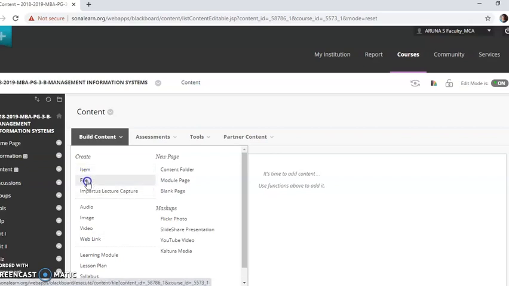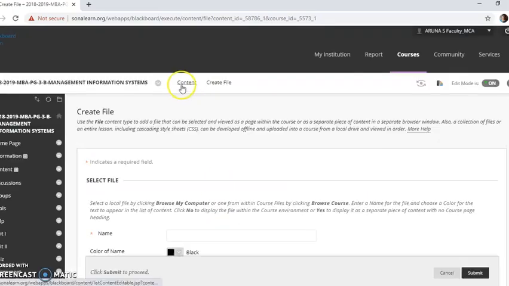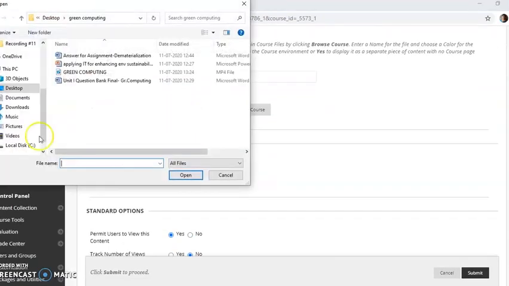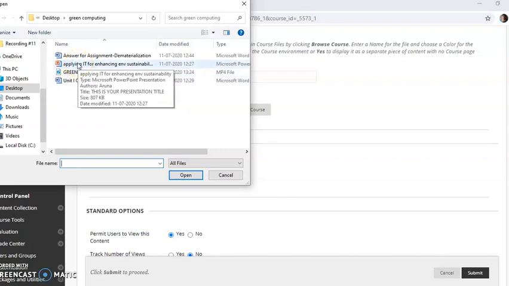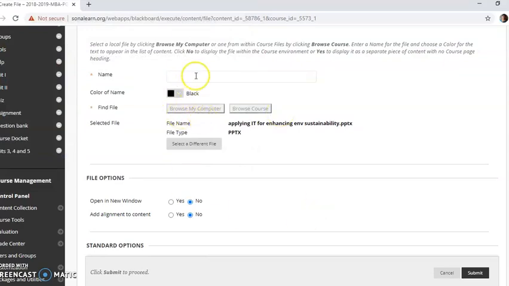So I am choosing file. I am browsing the file which I am going to upload. Now I am going to upload a PPT as a lecture material. So I am selecting this PPT from my drive. Now I want to add an appropriate name for the file.